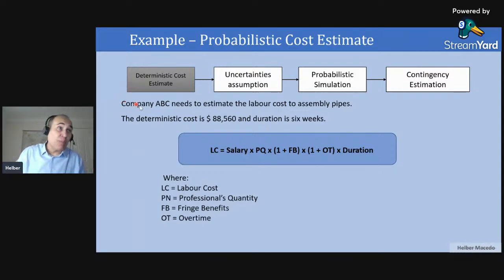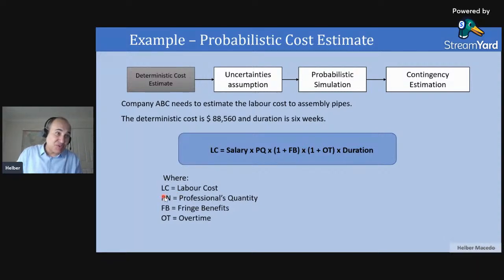So company ABC here needs to estimate the labor to assemble pipes. This is the scope. And the deterministic cost here is $88,000. I will not give a lot of details about the deterministic cost, because my idea is to show the process here at a top level. So this is the equation. So we are using an equation to calculate this. Your cost basically is